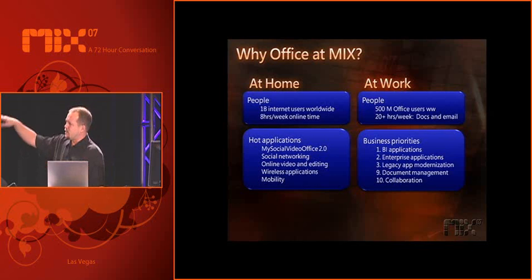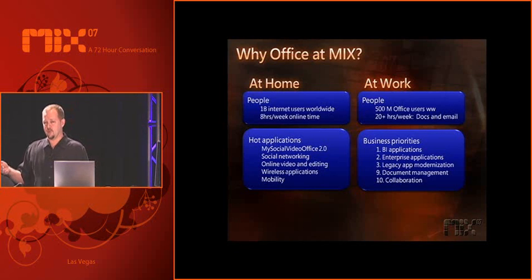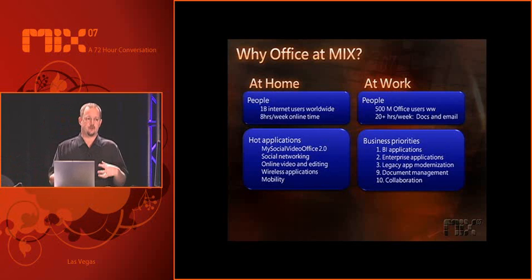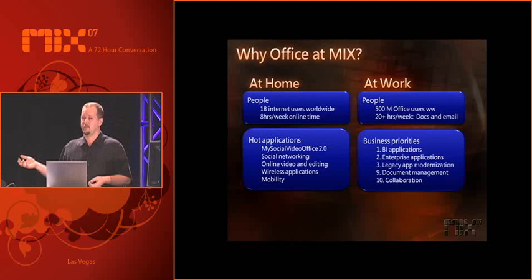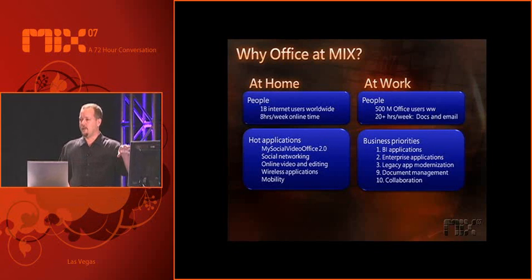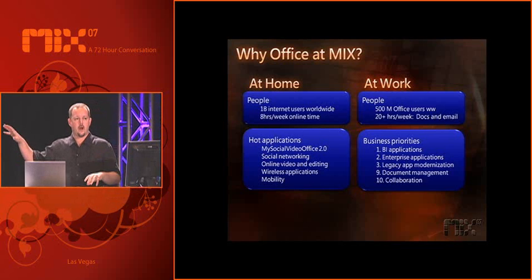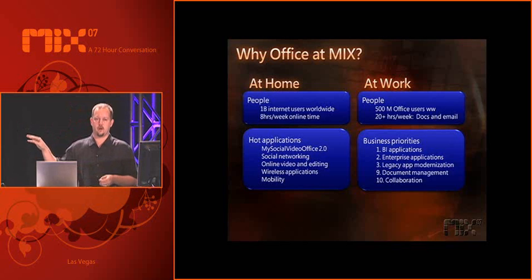So you can kind of see the numbers, 1 through 10 that I'm showing. These are the top 5 that we've picked. And these are the top 5 areas that we've made investments in Office to kind of bubble up better application development experiences, better end user experiences in terms of surfacing this type of information. So you'll see another slide a little bit later on in the deck from the standpoint of, where does the technology align to these types of business priorities?